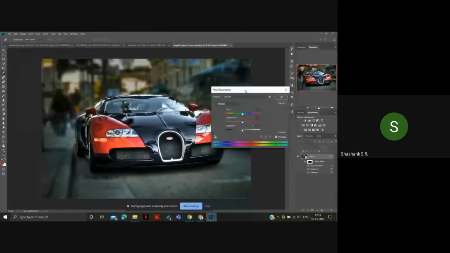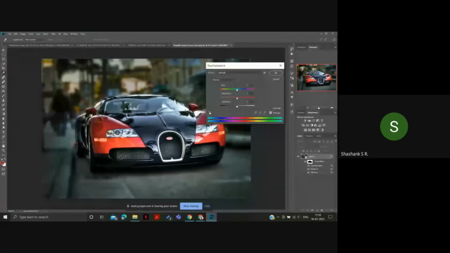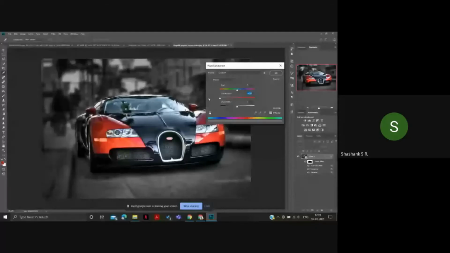So saturation is how you increase the intensity of the brighter colors in the background. If you decrease the saturation, it almost becomes only black and white. Only these two colors will be there if you make the saturation 0. I think you can see only the background has become black and white.